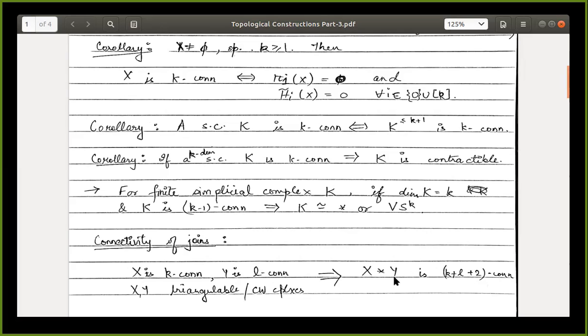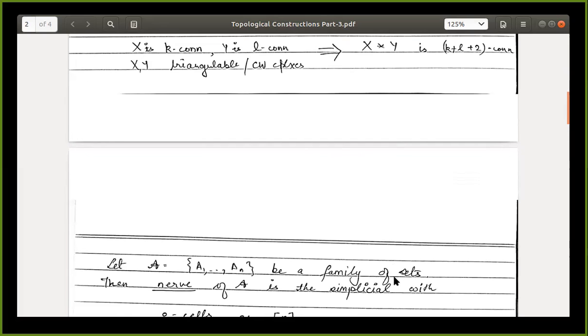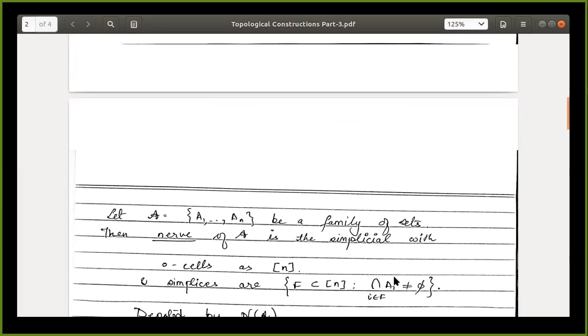So this is what we know about the connectivity of the joins. Now shifting our gears a little bit, another tool that we have in topological combinatorics for computing the k-connectivity is when we are dealing with simplicial complexes, or with spaces which are covered in a nice enough manner, and then we transfer this entire topological data to combinatorial data. We translate the language of spaces to sets and are worried only about the intersections. So we will see the behavior of intersections now.